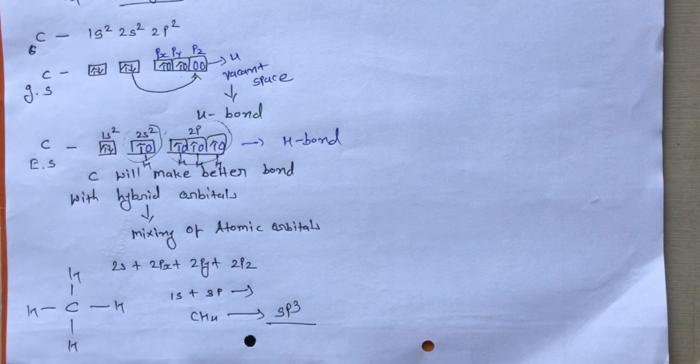What is hybridization? Hybridization is nothing but the process of mixing and redistribution of atomic orbitals of the same energy and symmetry to form a new set of orbitals. Now what is the definition of hybridization? The definition of hybridization is